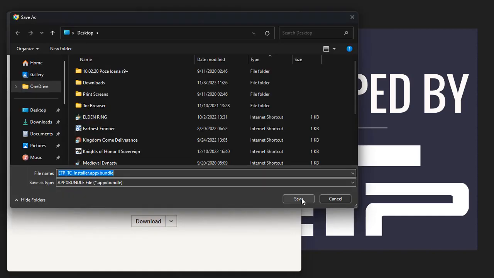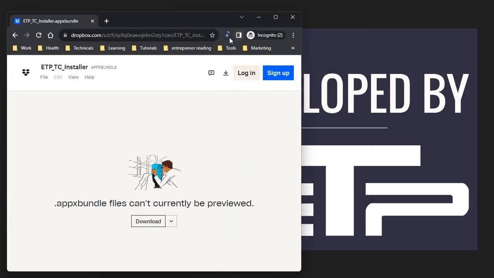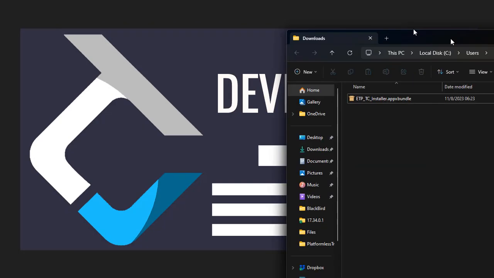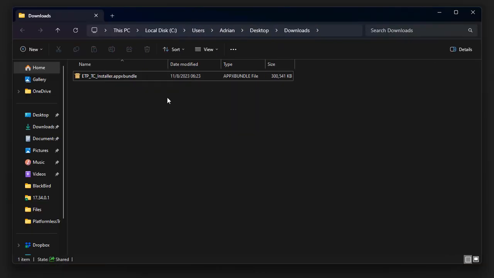Once you select everything, it will start downloading, and once it's completed, make sure you go to the place where you actually downloaded your file. Okay, so now once we're done downloading, we will go to the folder,